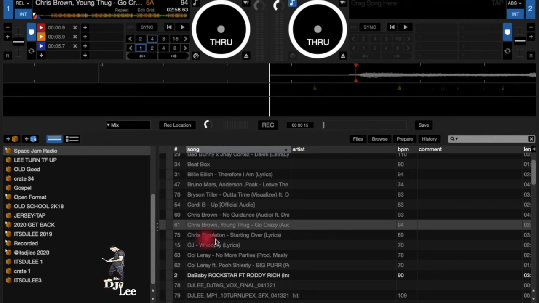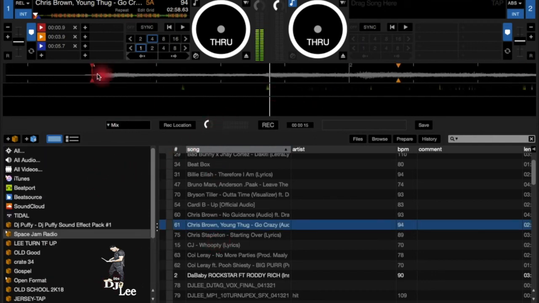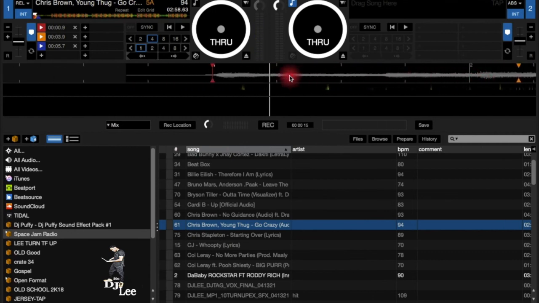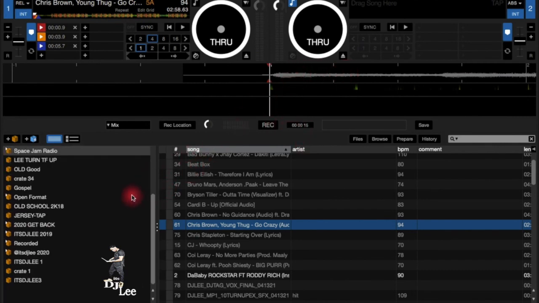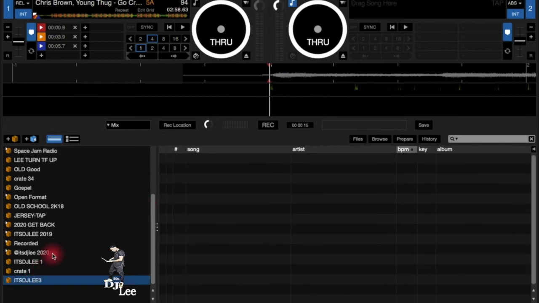Let's start to work our way down. These are your waveforms. Anything you do right here will affect everything up here. So you can drag this and drag it, and it will be played through your headphones or through the actual outside volume. So be careful when you're dragging this. Make sure that the people cannot hear that.